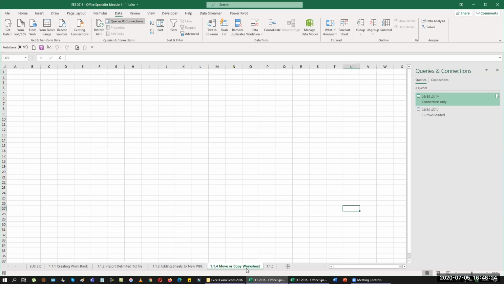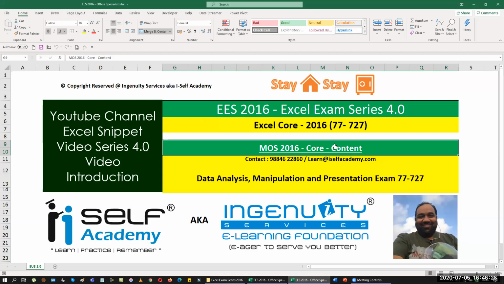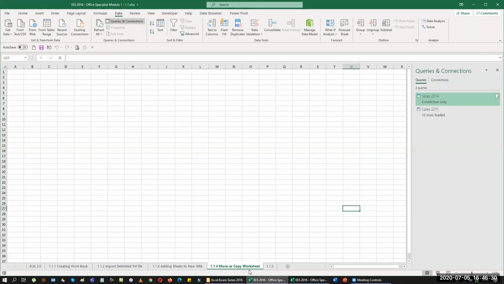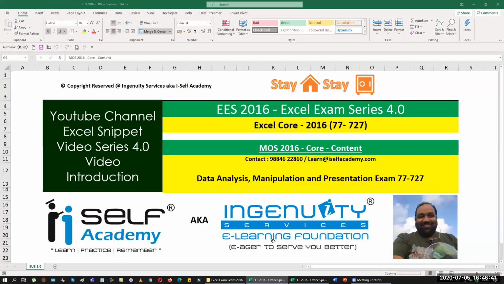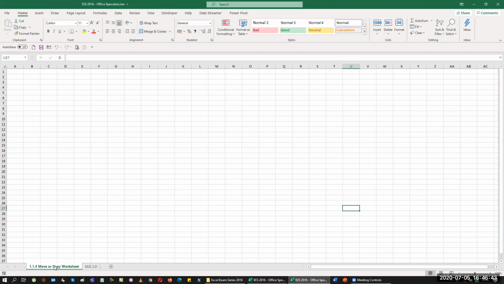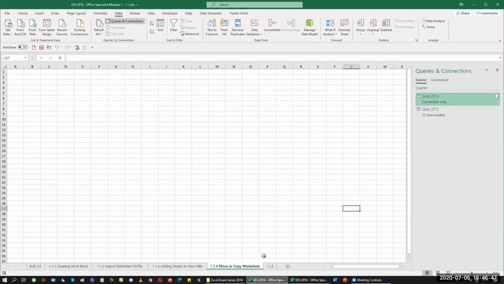Sometimes they'll ask you to move the sheet to multiple workbooks. Now I have the introduction video file with me. So I'm going to move this sheet and keep a copy of it here. So I'm going to right click here. I'm going to say Move or Copy, go to the previous workbook, and then I'm going to create a copy in here, and I'm going to click OK here. So now it adds a copy of the data to my new workbook, and it also has it on its list. Sometimes they'll ask you to move it, not to copy it.